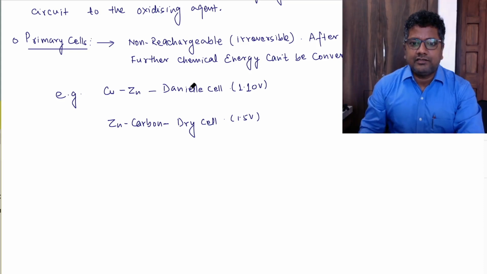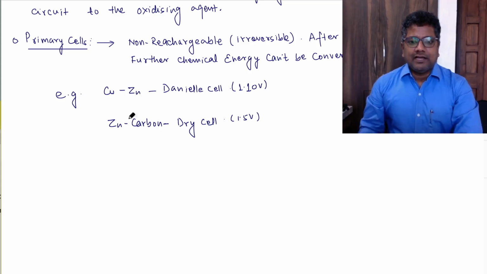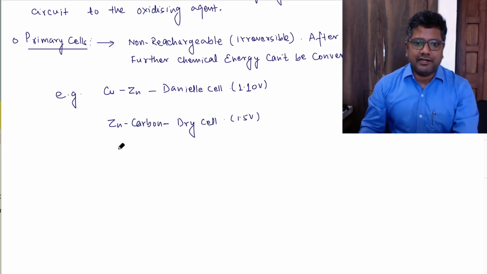All of you know the working of the Daniell cell, copper-zinc, and here it is zinc-carbon. Zinc is the anode, carbon is the cathode. Here carbon, in fact graphite, is used as an inert cathode. So see the representation: we are taking Zn solid,